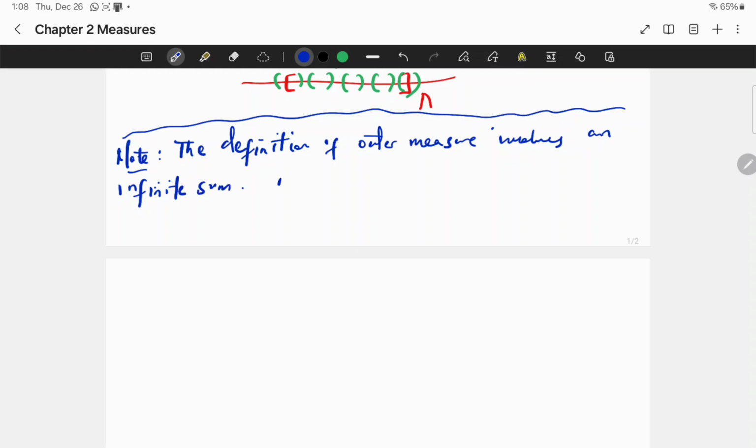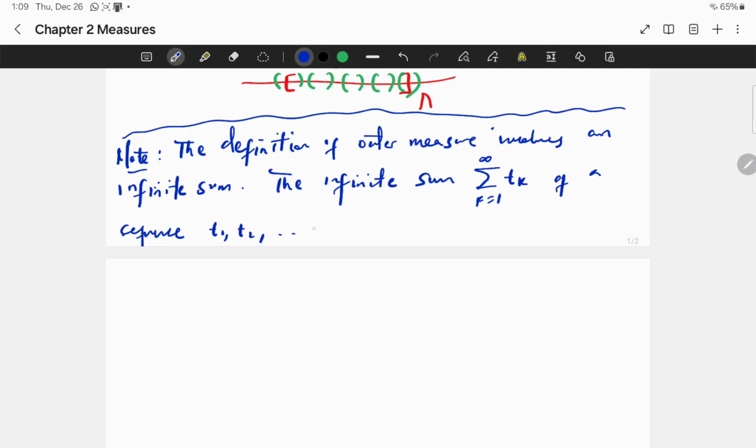The infinite sum, summation k equals 1 to infinity of t_k, of a sequence t_1, t_2, ... of elements of [0, infinity], is defined to be infinity if some t_k equals infinity,